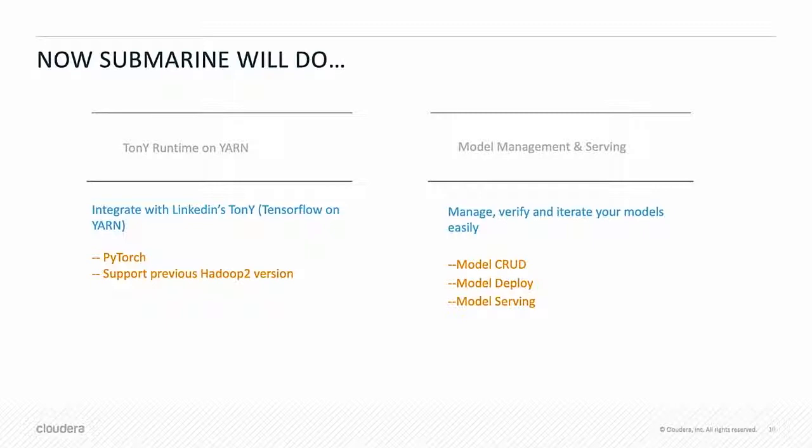And now Submarine actually has an integration with Tony. So using the same Submarine CLI, you can use the Tony runtime on Yarn. With this, what helps is that we have support for Hadoop 2 too, meaning you can run Submarine on Hadoop 2 too. If you have an old cluster and there's no Docker, Submarine can still run on top of that by